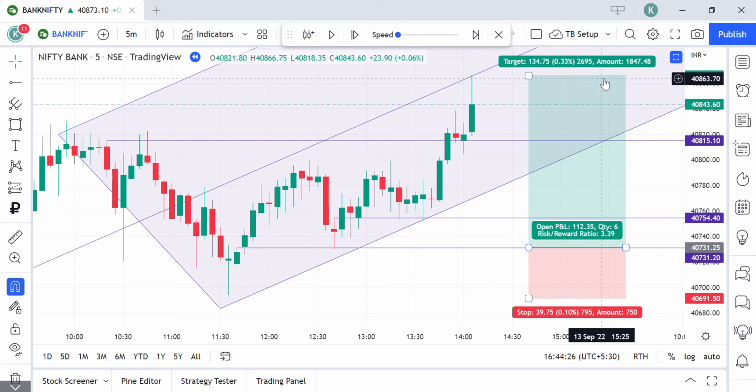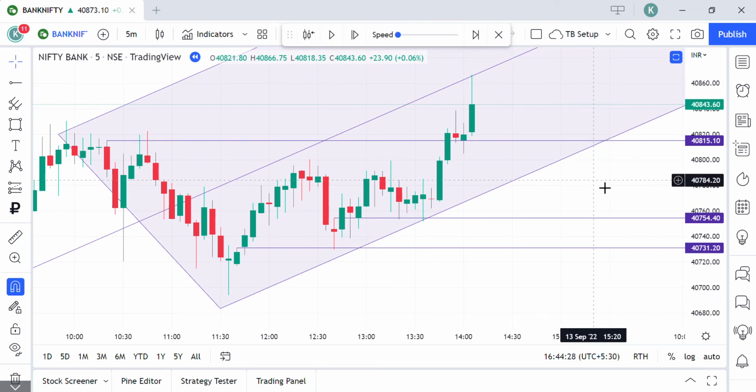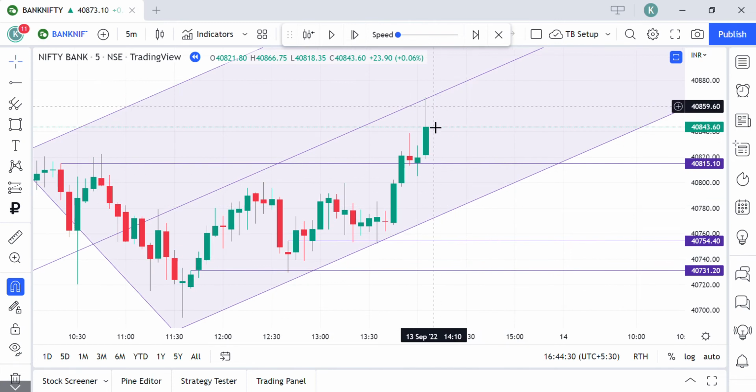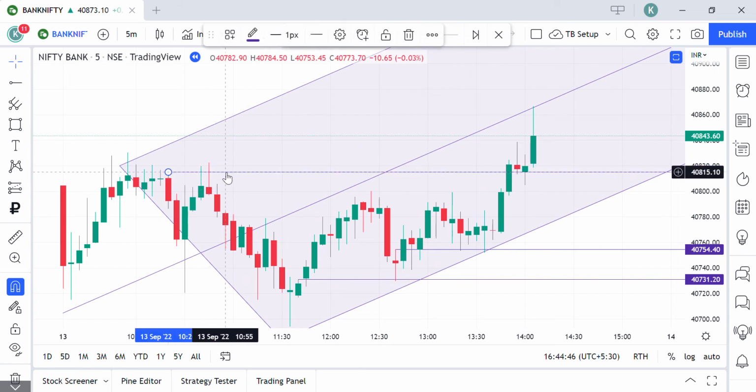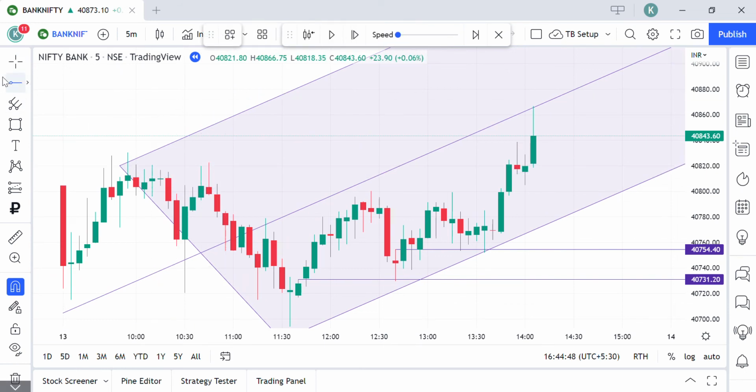Now, immediately after this candle, I also noted that there is a lot of selling pressure at the top of this wick. So I think that some sort of manipulation is going to happen. So I just waited and watched. But the first information that you have to note is that price has closed above this level.